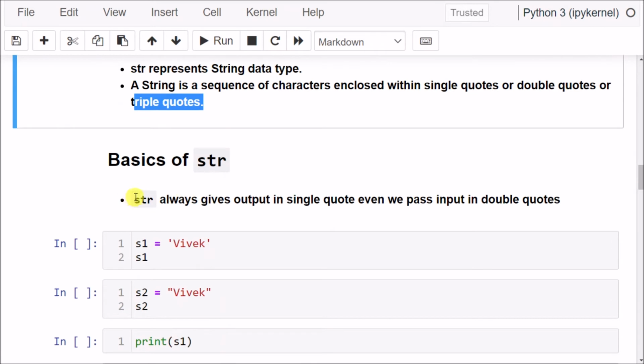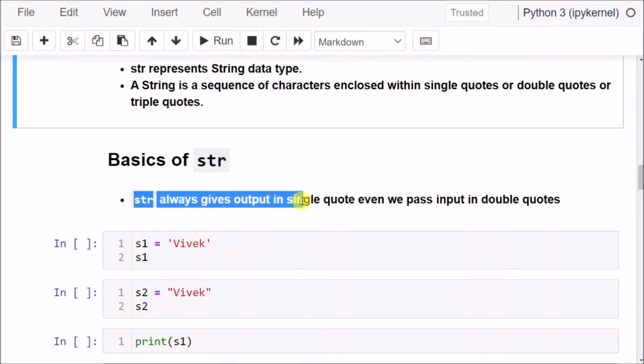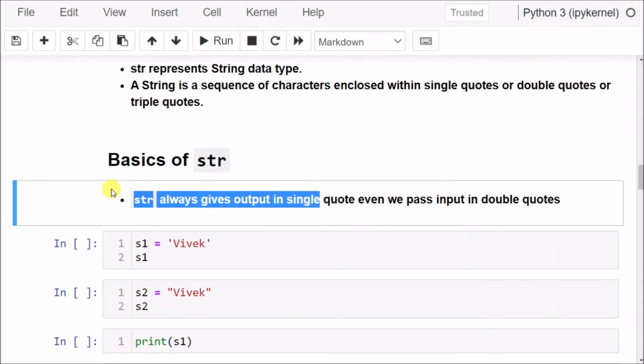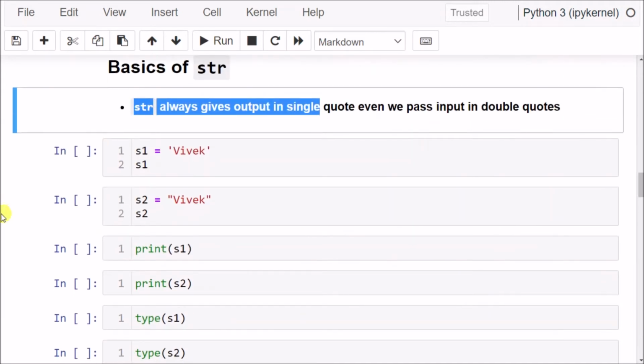But the output is always given in single quotes only. Whether we use double quotes or triple quotes, the answer will always be shown in single quotes. So you have to remember this point.